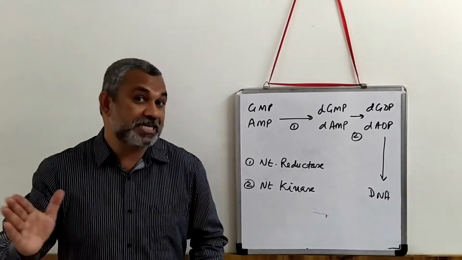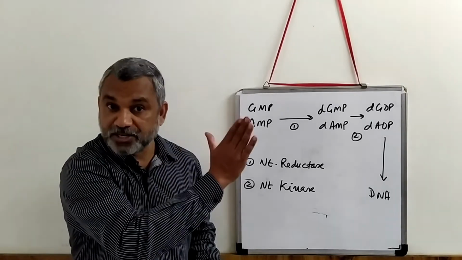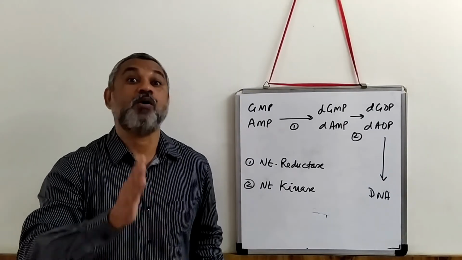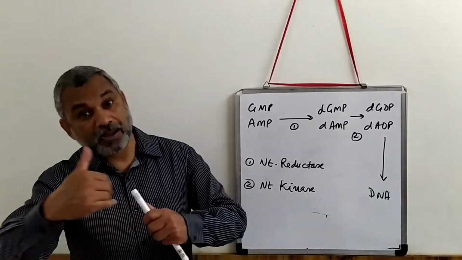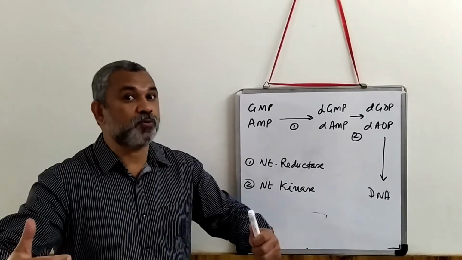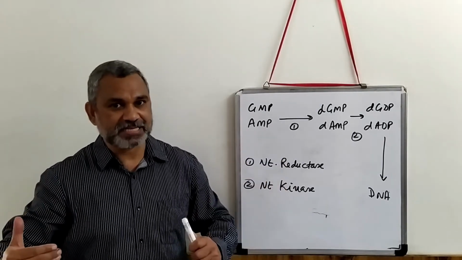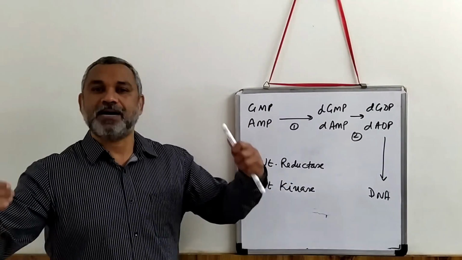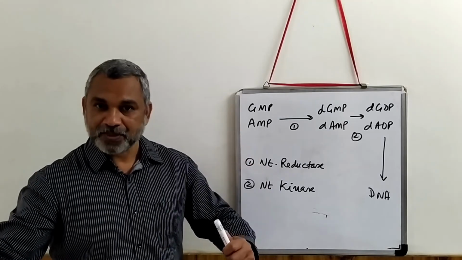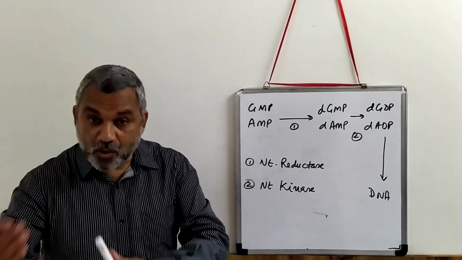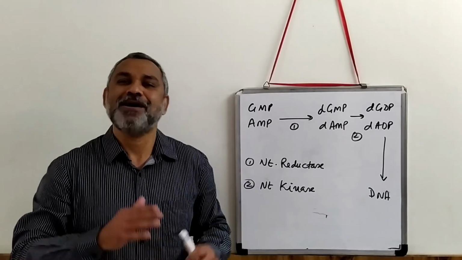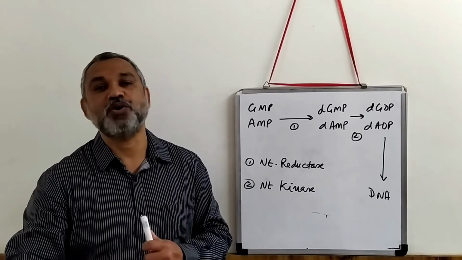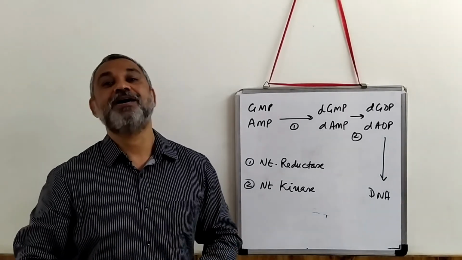So what we have seen in this series of videos is that we have looked at the functions of nucleotides, and then we focused on the purine nucleotides, how the precursor molecule for purines, that is inosine monophosphate, is synthesized. Then, from inosine monophosphate acting as a precursor, how we make GMP and AMP, and from that how we make the deoxynucleotides. And also we have seen how the salvage pathway operates in order to salvage the broken nucleotide into a functional nucleotide.